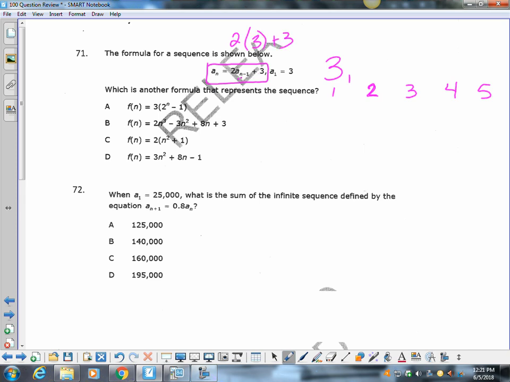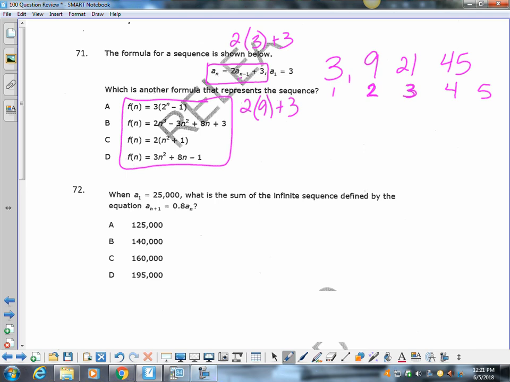So that'd be 6, 7, 8, 9. And then the third one would be 2 times the one before it. So that's 18 plus 3 is 21. And then if I keep going, that's a 45. And I'm just going to stop there. And then if I'm looking for the